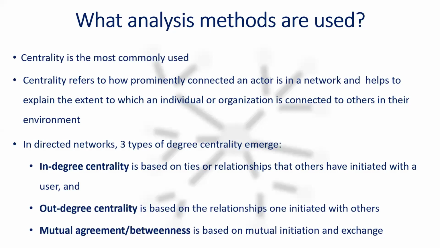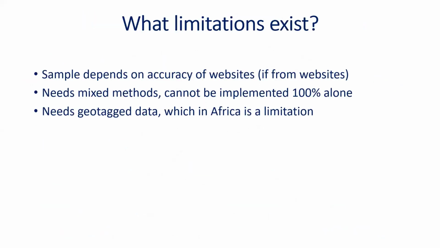With the rise of social media data, social network analysis is a very good chance for us to actually practice the statistics that we learn in class, specifically probability. There are very many applications of it. As I wind up, there are a few limitations with social network analysis, because if some of this data is coming from social media, of course there are limitations in terms of accuracy. You need to put a threshold of accuracy, either based on previous literature or based on other research that has been done.